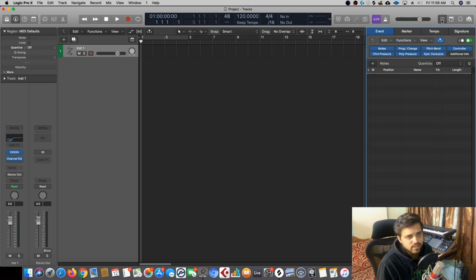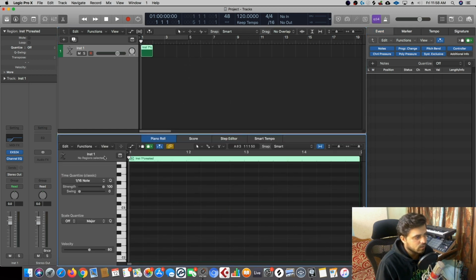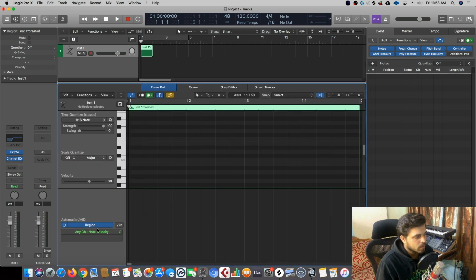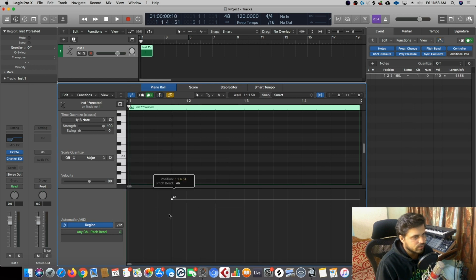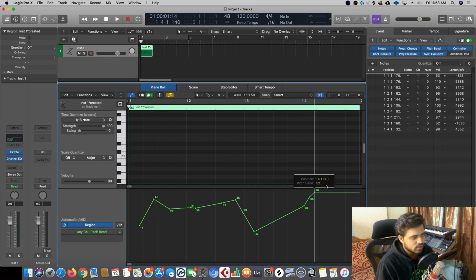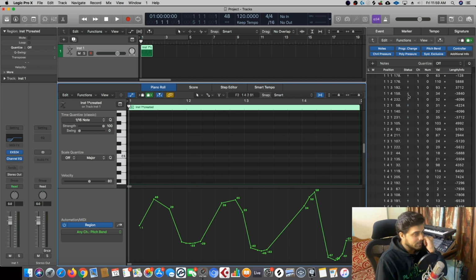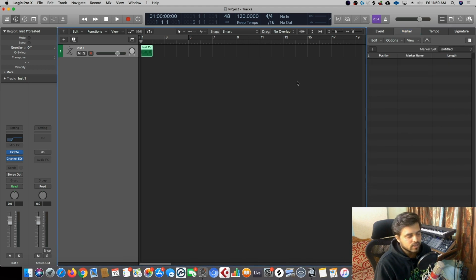And these buttons here, this one is called the list editor, where you can see a list of items which are there in your project. Let's say in events you have notes, pitch bend. Let's quickly draw a MIDI region here, and I will go to the pitch bend option here, and I will draw some of these lines. I'll put some dots basically, and you can see that all these points are shown here as a list. Similarly, if you have markers in your project, you will see all the markers here.